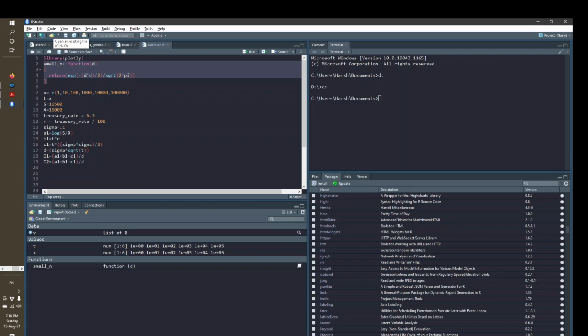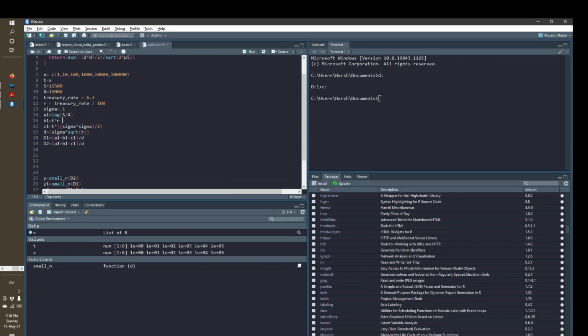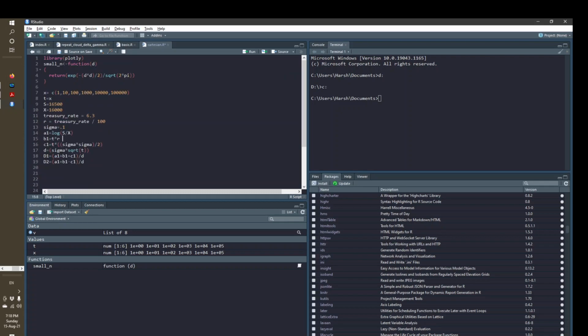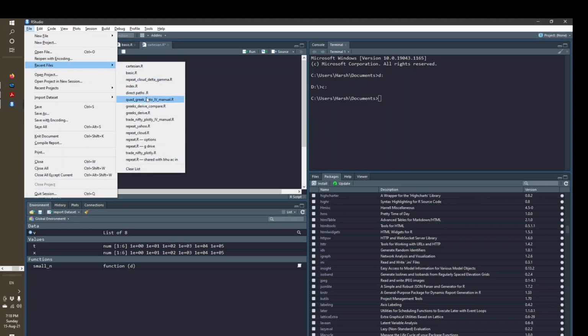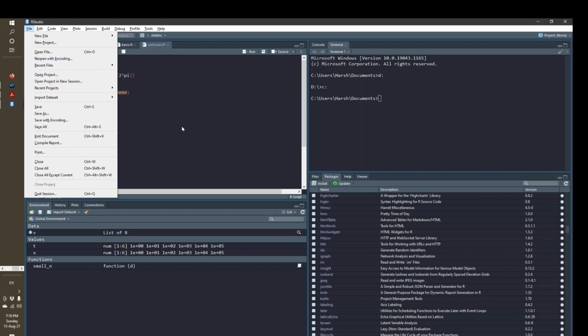Okay, now coming back here, this is the source window, where you have primarily the code written. So this is where you write code. You can write code there also, but this is where you write code to save in a file. Generally R files are saved as .r. Like you have .cpp for C++ and .c for C, in this way you have .r for this. There are other multiple file types also, depending on the type of work you want to do.